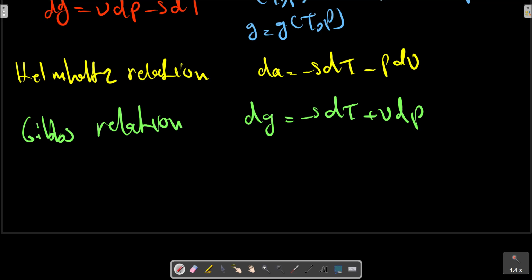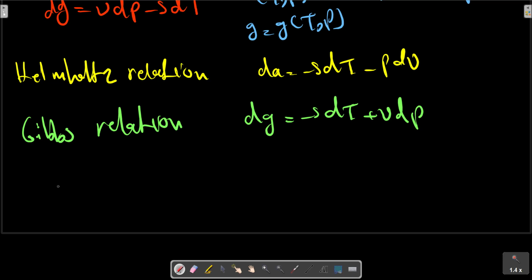This form uses T and P as the independent properties. Since these equations are all relations involving only properties, we conclude that these are exact differentials and therefore are of the general form of